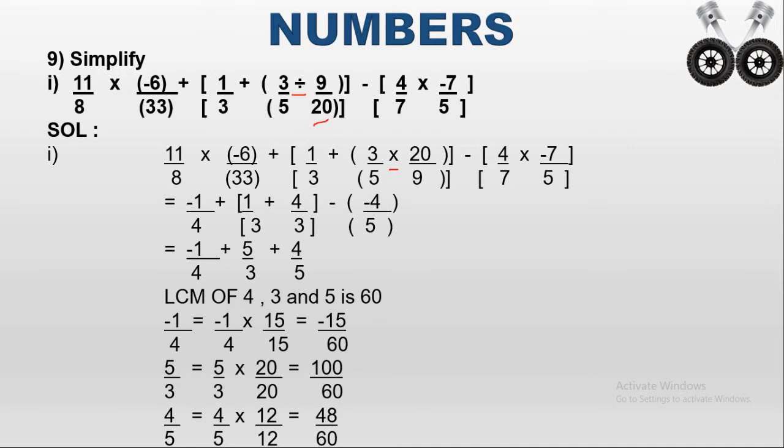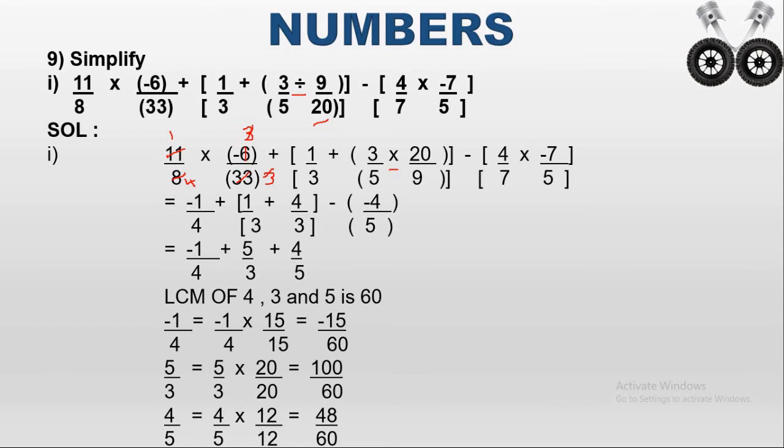Now we can simplify the given algebraic expression, that is we can cancel the numbers which have the equivalent factor. So 11 and 33 are having the common factor as 11. So we can cut with 11. So 1 11s are 11, 3 11s are 33. Again we can cut 8 and 6. These two numbers are having the common factor as 2. So 4 2s are 8 and 3 2s are 6. Again we can cut 3 and 3. So 1 3s are 3.